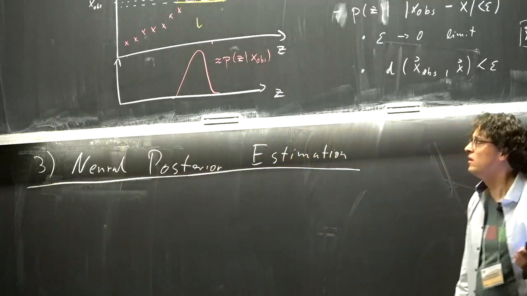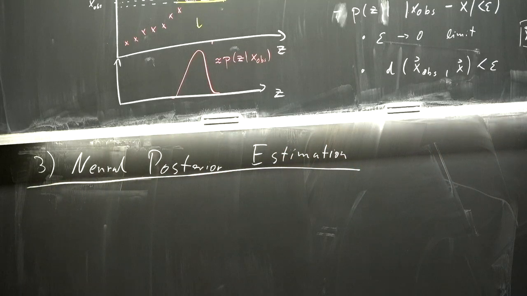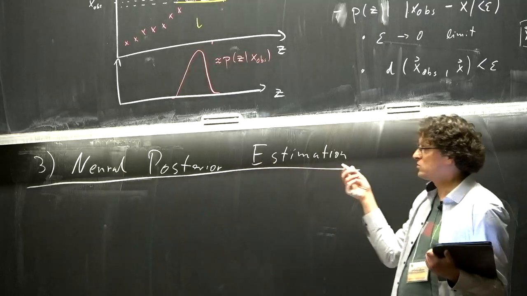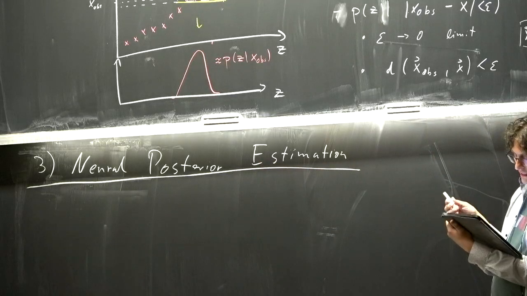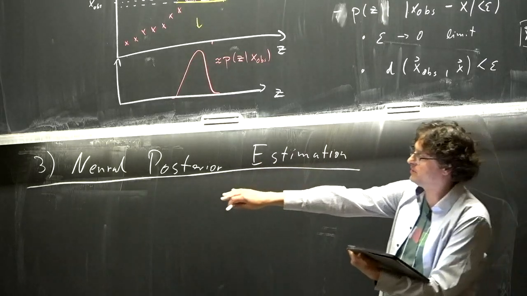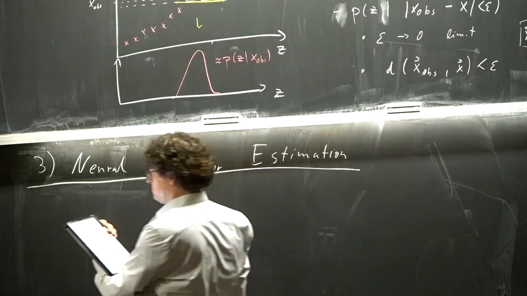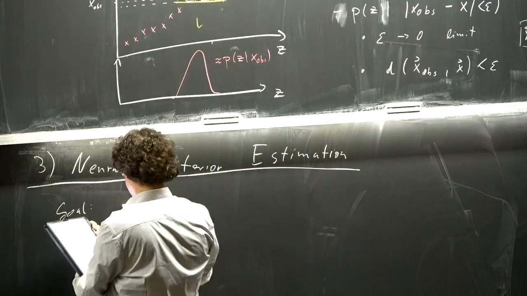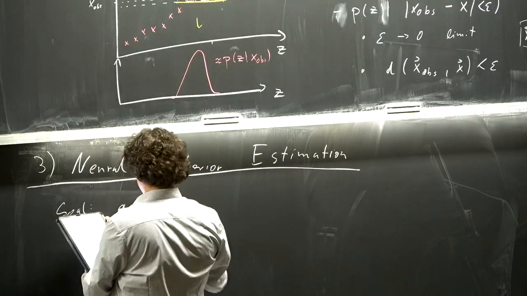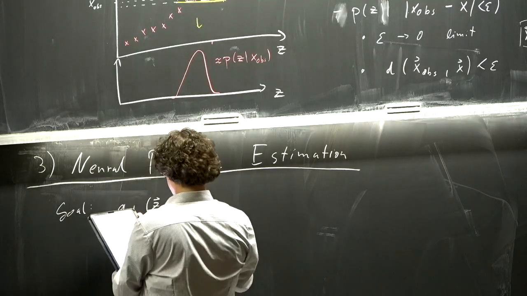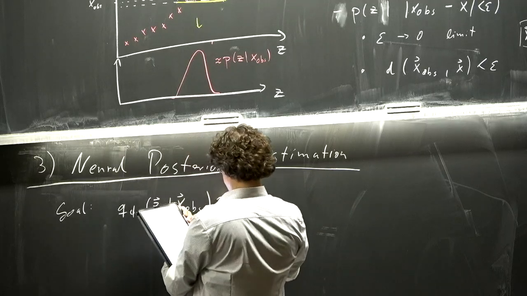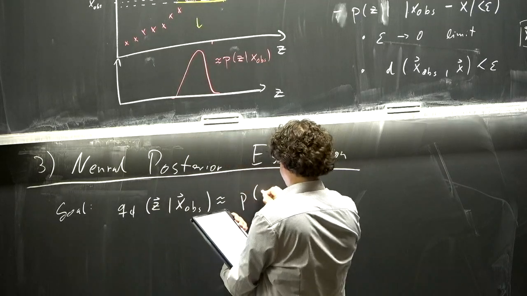Well, so the probably most popular approach to this right now in the literature, at least in context of physics and astronomy applications, is what's called neural posterior estimation. And it's a very general term, but it refers to something reasonably specific and also a very specific algorithm. And depending on the literature you read, there will be different words for it. But I explain you the algorithm, and then you see what I mean.